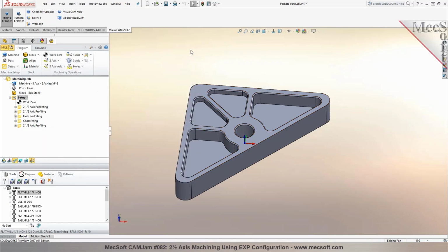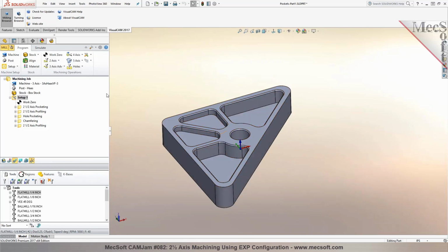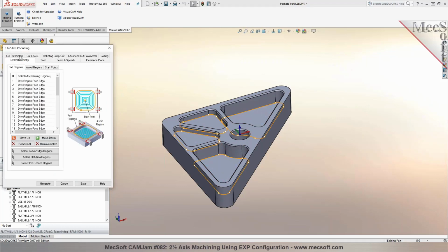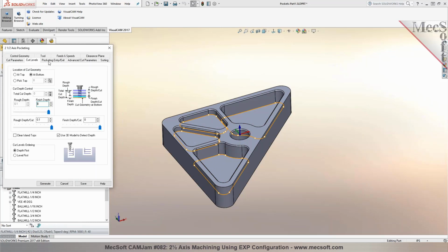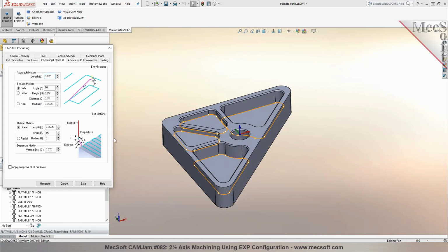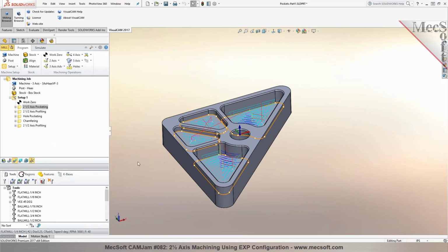Now, one of the powerful features in Visual CAM is the ability to save the operations you create or program to a knowledge base. When you have a family of similar parts that you'd like to program using the same sequence of operations or workflow, all of the parameters are saved to a knowledge base, like your tolerance, cut pattern, cut direction, step over, cut levels, entry and exit. All of these parameters are saved to a template file or knowledge base. When you're working with similar parts, you just load the knowledge base without having to recreate those